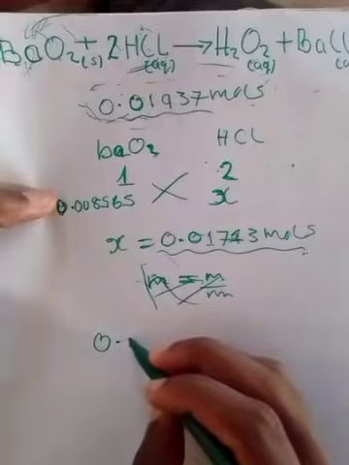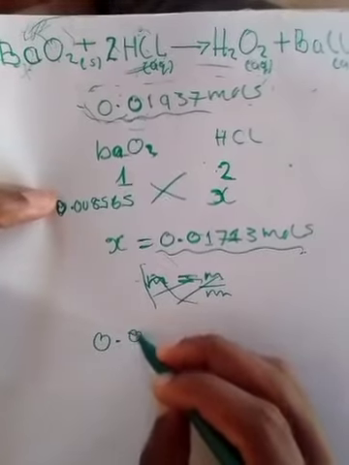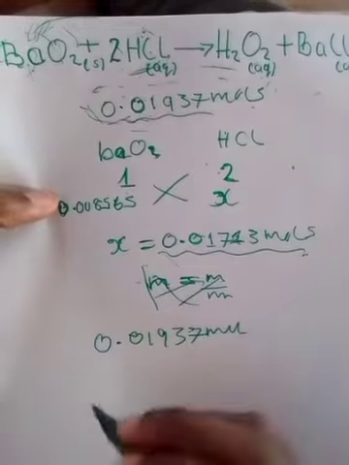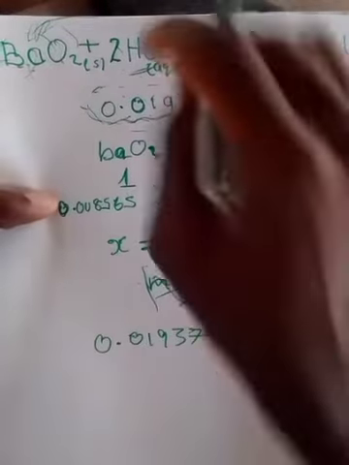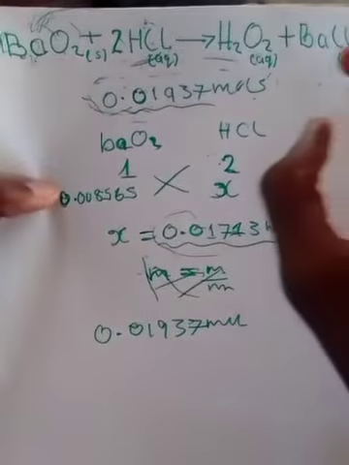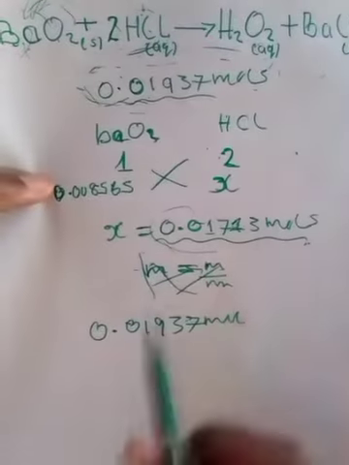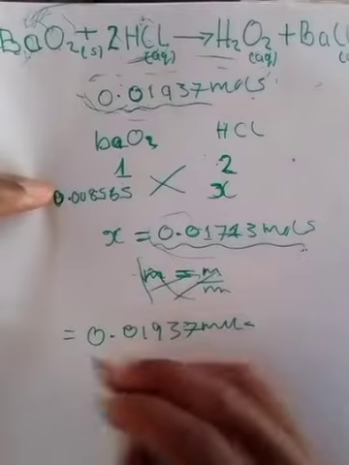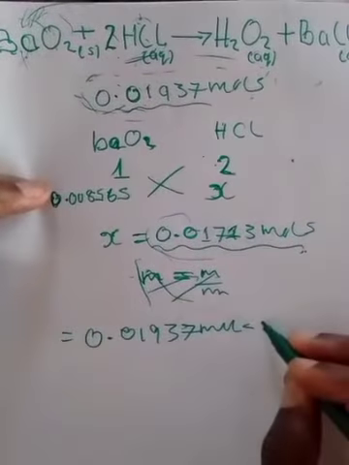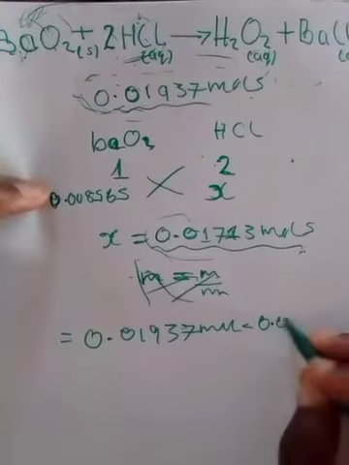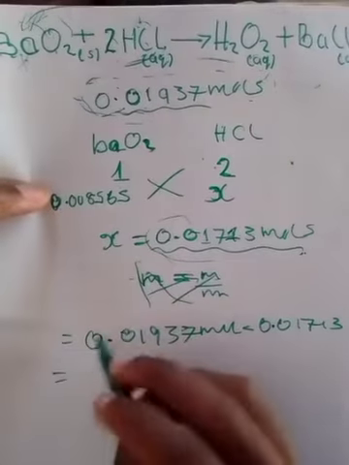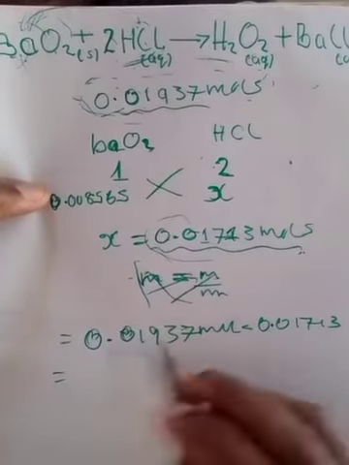0.01937 moles. Now, this one, it's like they removed them, okay? They were removed. Now, which one remained? To find the moles that remained, you're going to subtract 0.0193 minus 0.01713, the one that you've just found. So you're going to say this one minus this one here. You're going to get